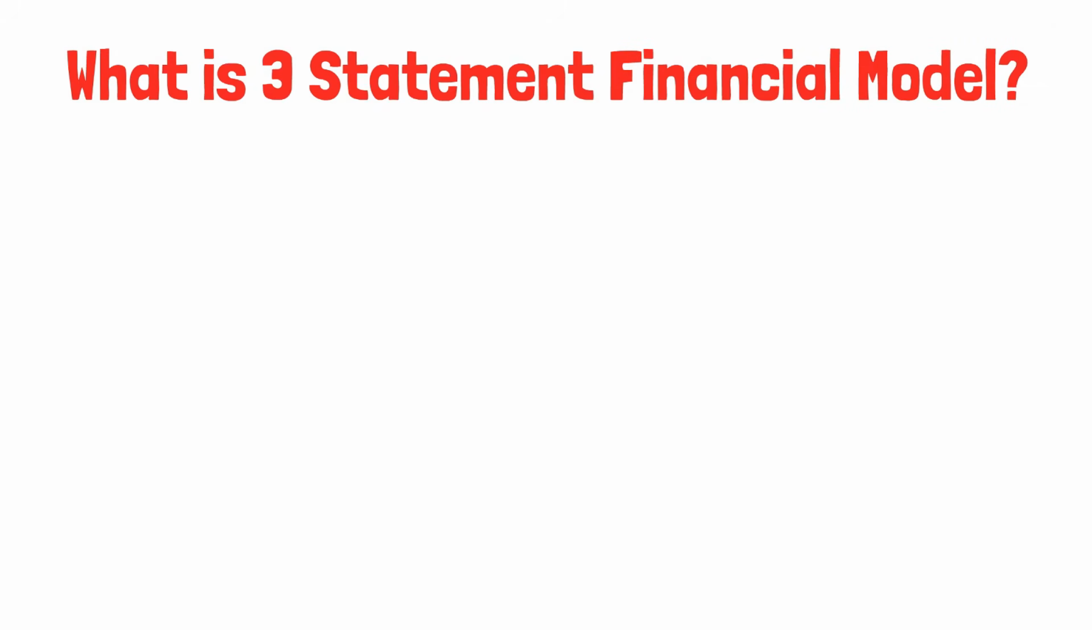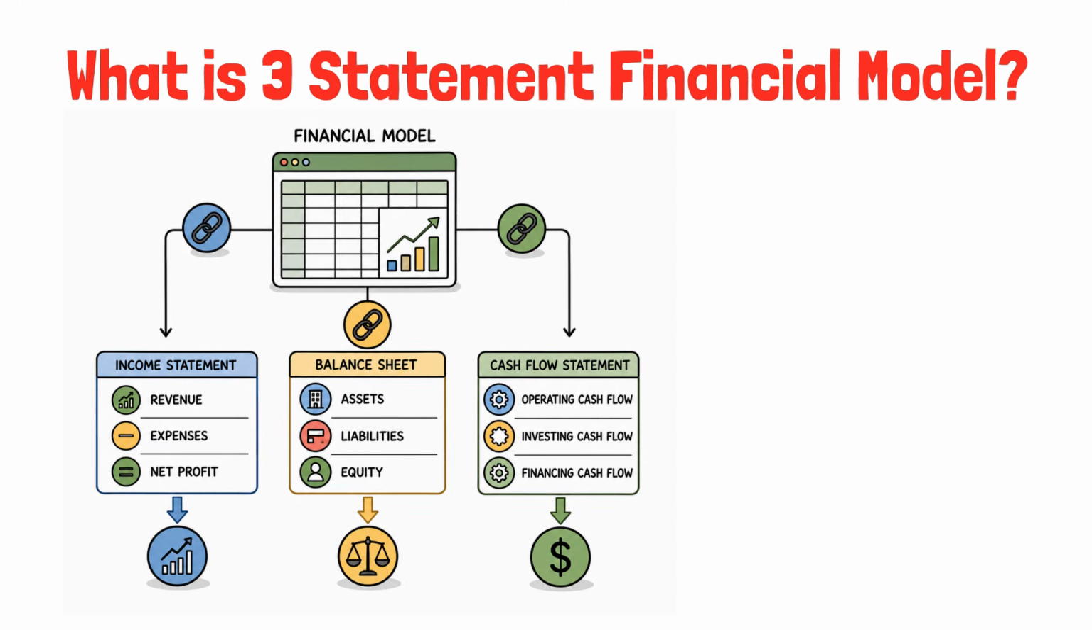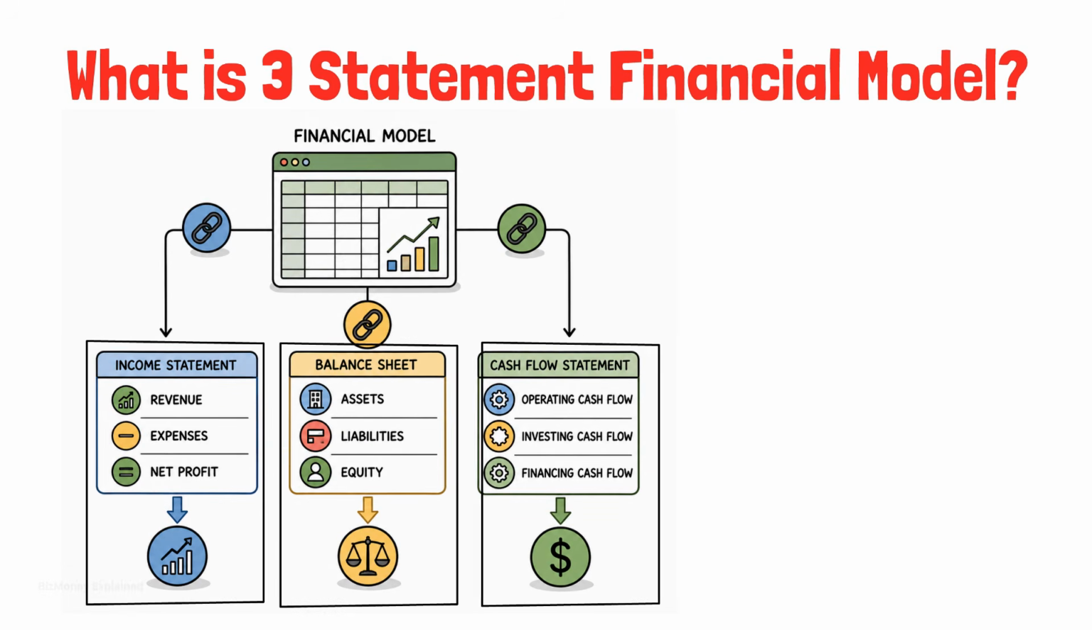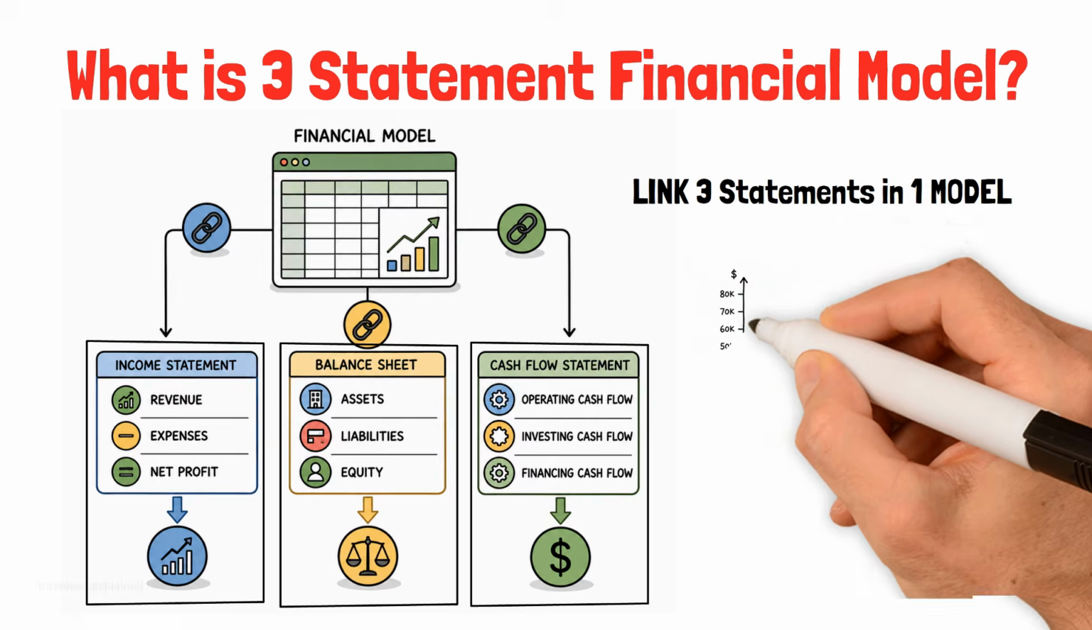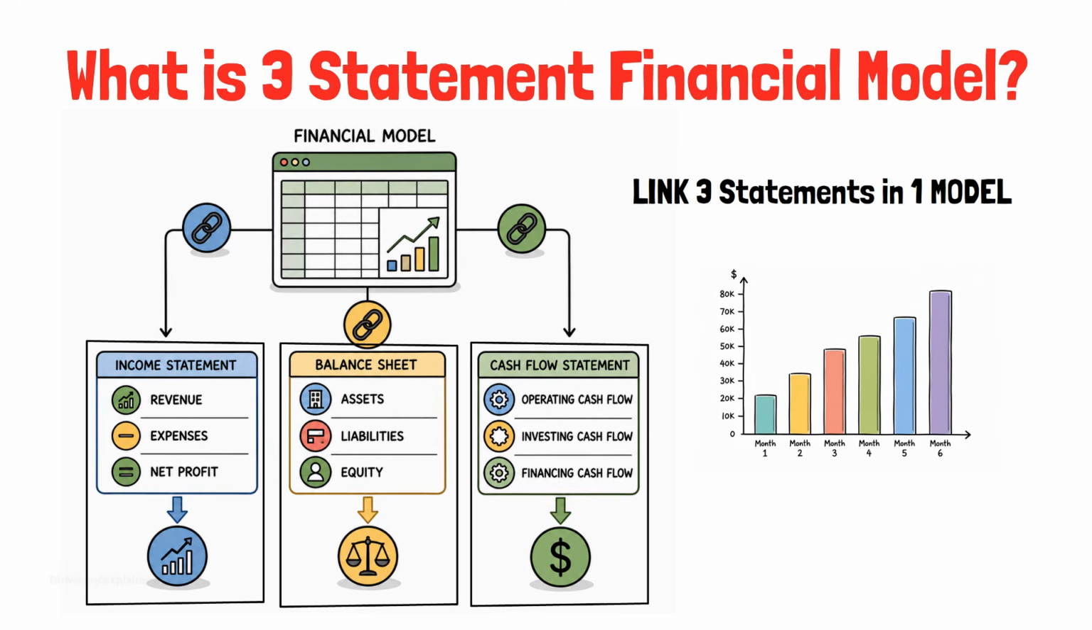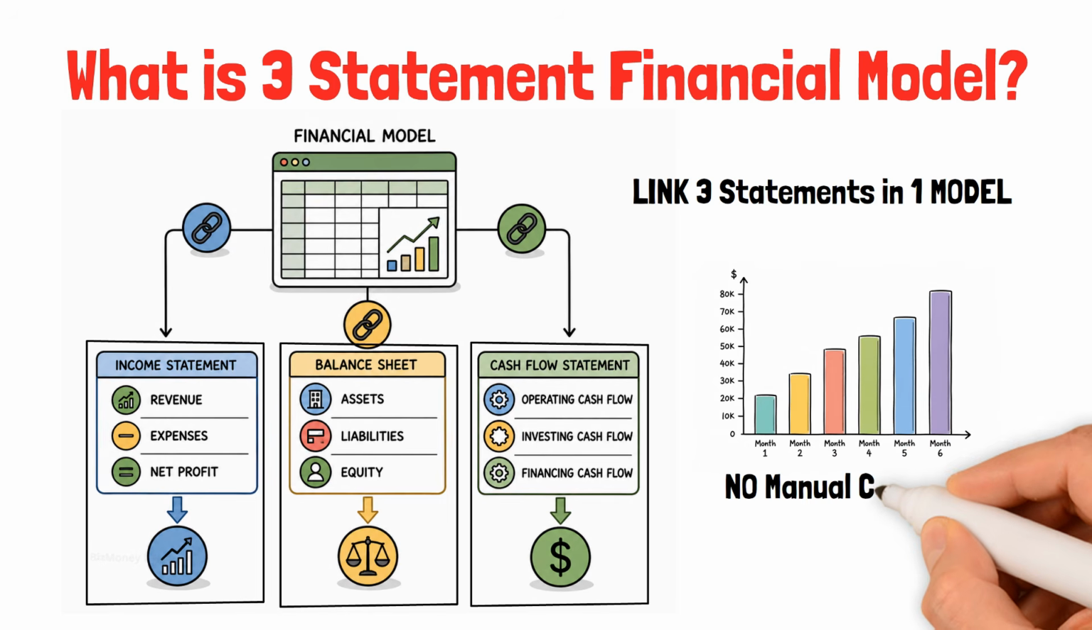What is a three-statement financial model? A three-statement financial model is a spreadsheet that forecasts a company's future financial performance by connecting three essential financial statements: the income statement, the balance sheet, and the cash flow statement. Instead of preparing each statement independently, a financial model links them together so that one financial event automatically affects all three statements. If projected sales increase, the model updates revenue, profits, assets, liabilities, equity, and cash flow without requiring manual